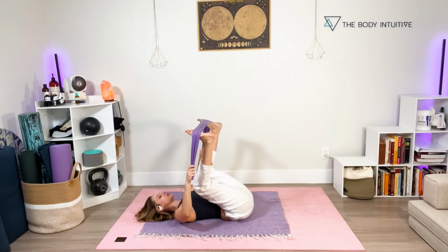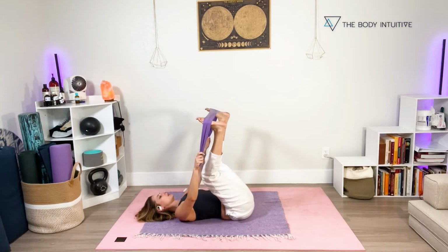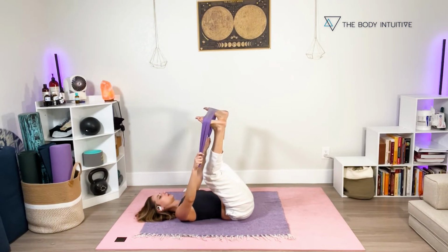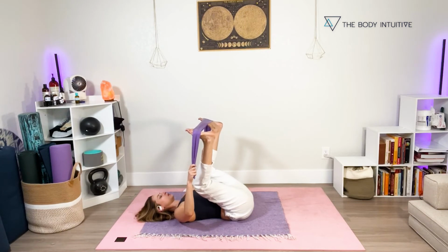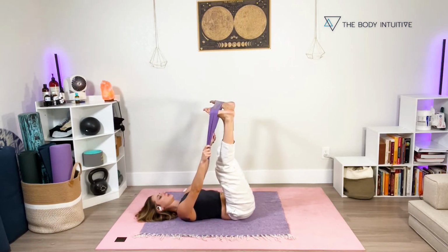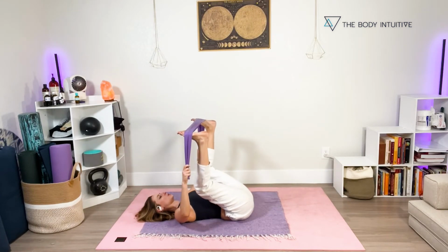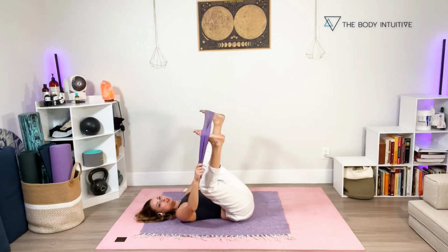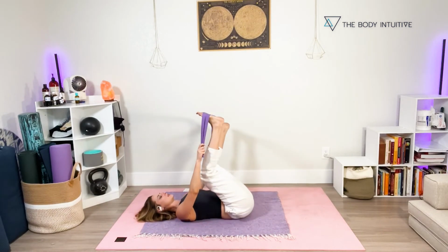Good. Inhale, bend. Exhale, extend. Inhale, bend. Exhale, extend. Press away from the chest. Inhale, bend. Last one here. And then exhale, rock that whole structure side to side,